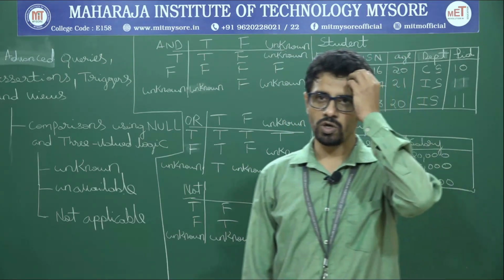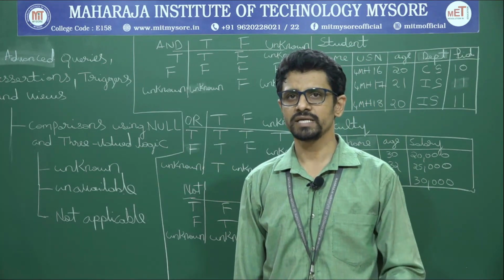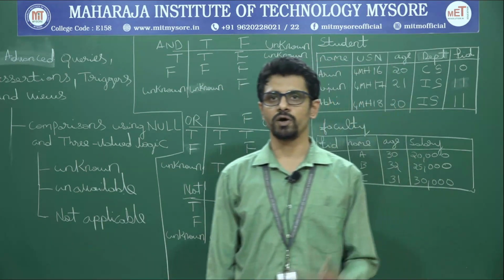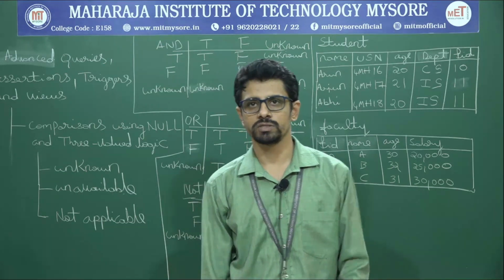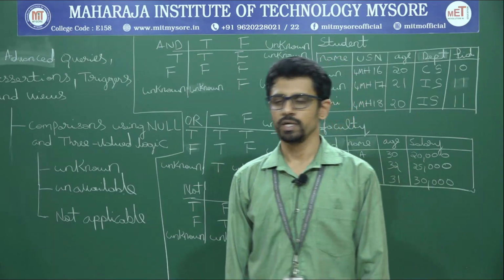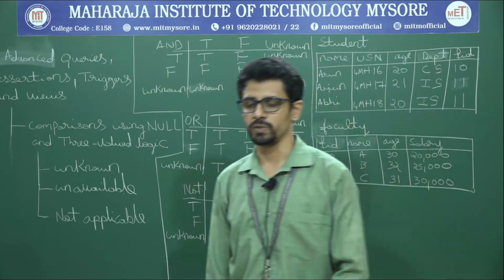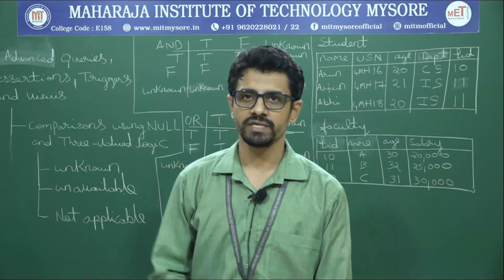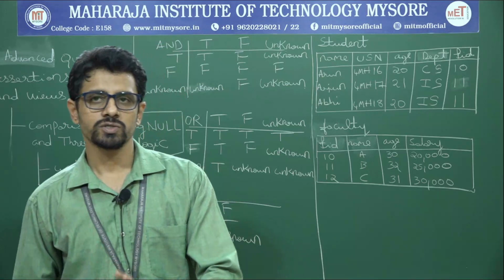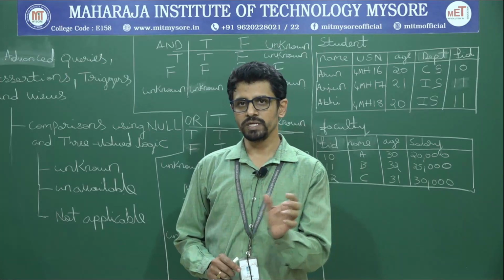Let us learn. As you all know, you are familiar with the 2-valued logic, that is true and false. For the different logical operators and, or and not, and the comparison operators, you have been working on them. Now there is one more thing called a null value used in DBMS. Null has 3 different interpretations, but all these 3 interpretations have the same value given, null, N-U-L-L. So it can be taken in any way, but null is also a value being given to an attribute.